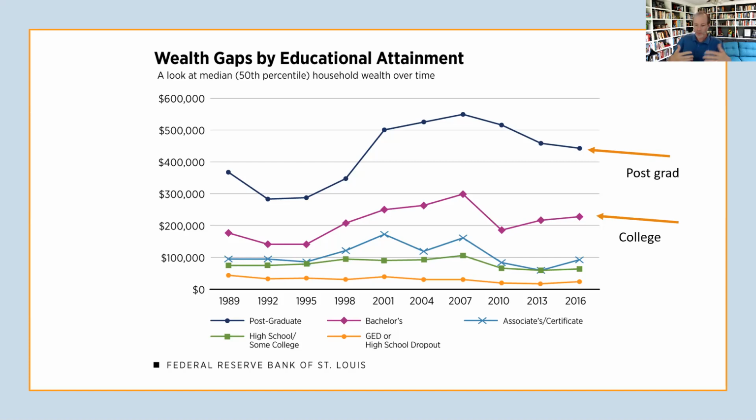That's today. We've always seen these differences, but the differences really grew after 2007. It came down during the recession. If we were to extend this out to 2020, I think post-grad would turn around and college would continue on the upward trend. So again, this is telling you the returns to education, to a college degree, both benefit you in your income each year. And this accumulates over time. So it also benefits you in terms of your wealth. And we see lower numbers for non-college degrees.